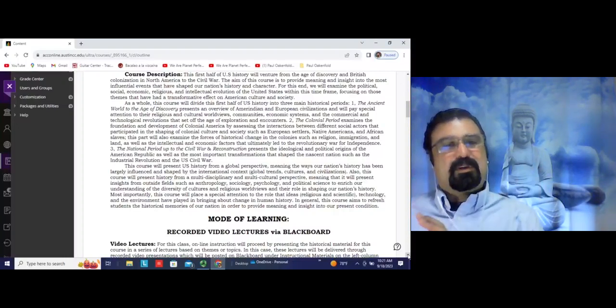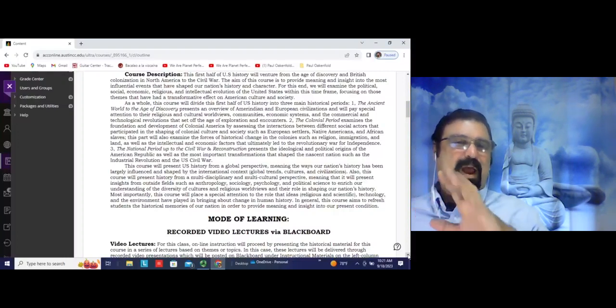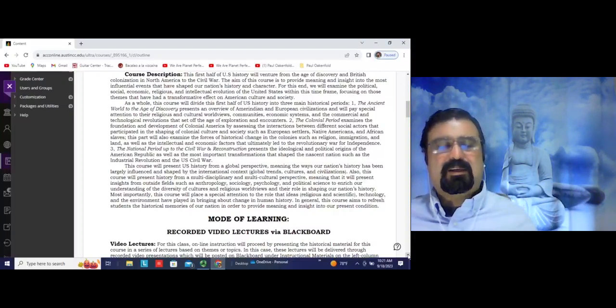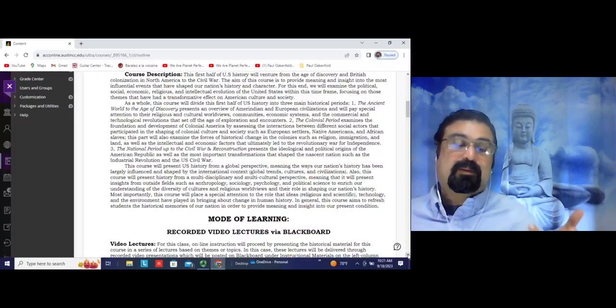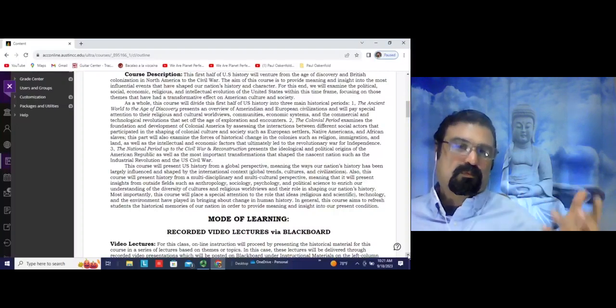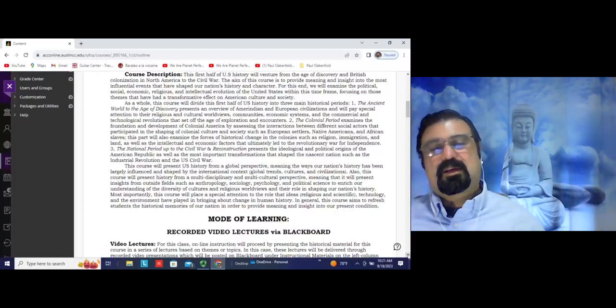But at the end of the French and Indian War, the colonies are rapidly moving towards independence due to the fact that Britain is now enacting new laws to extract revenues from the colonies. Great Britain fought the French and the Indians to protect the colonies, and now Great Britain was in debt, and as they try to recover some of those investments from those 7 years that they fought the French and the Indians by extracting